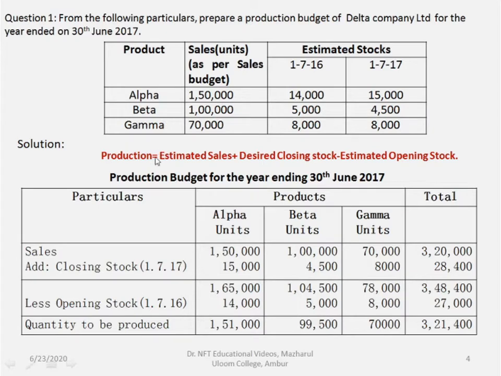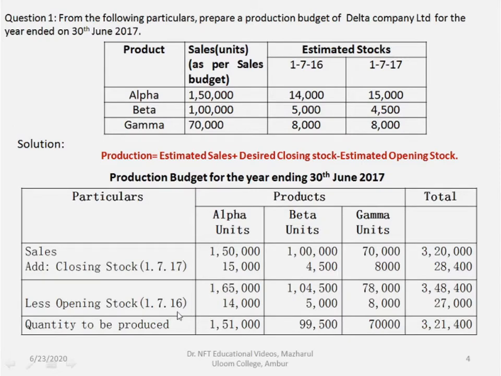To the sales of the three products you have written, you have to add the closing stock. Here you can see that 1716 is given, 1717 is given. So 1716 is the opening stock and 1717 is the closing stock. So we'll add the closing stock: 15,000 units for alpha, 4,500 for beta, and 8,000 for gamma. We get 1,65,000, 1,04,500 and 178,000